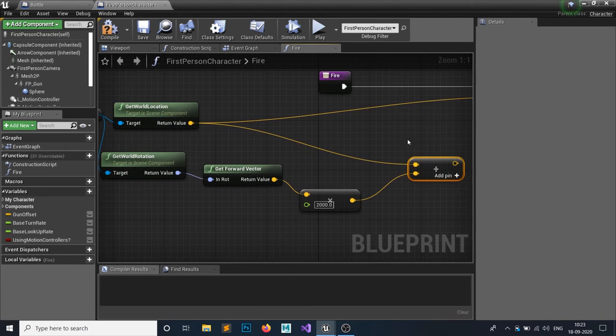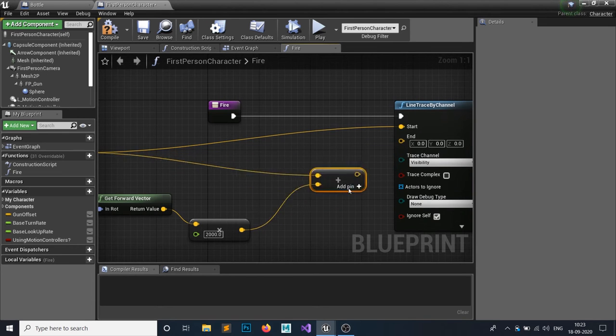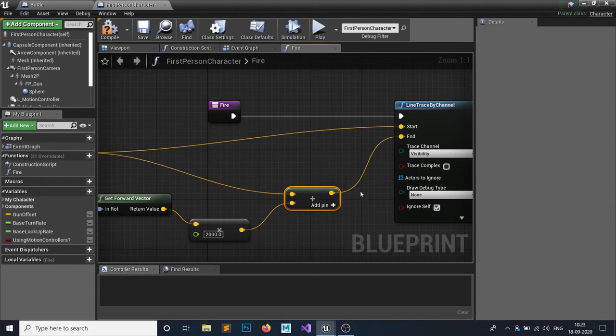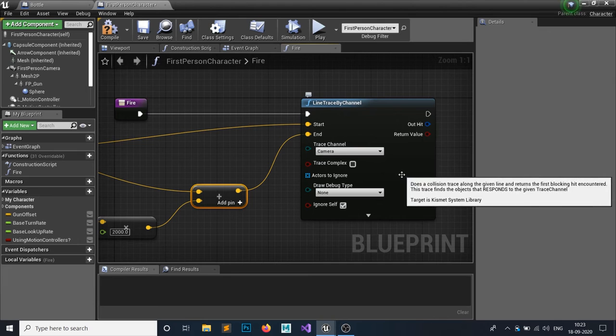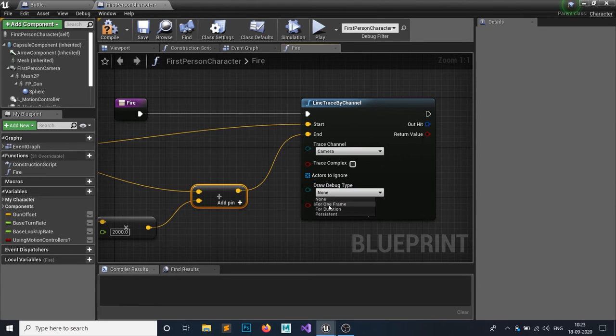This is our starting point and this is our end point, and I'm going to plug it into End. For the trace channel, I'm going to use a camera channel. You can use whatever trace channel you want, a camera channel or a visibility channel, or you can also use your custom channels. It's up to you. Hit compile and save.